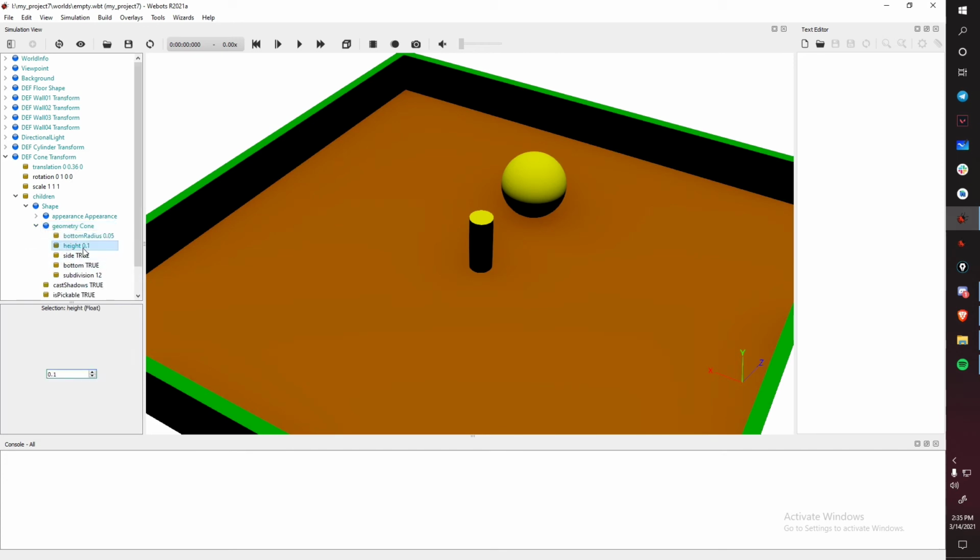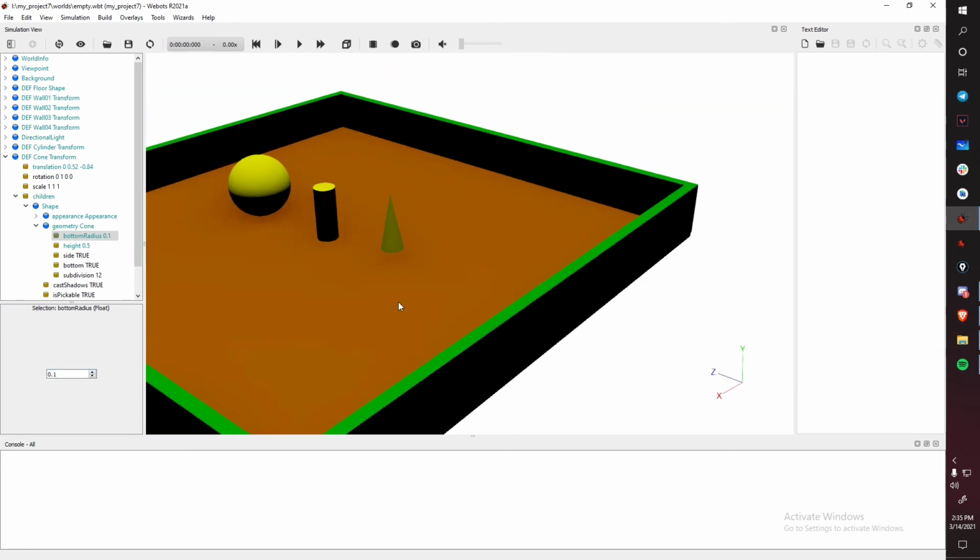We can change the height of it to 0.5, and let's see if we've got a radius. Yeah, radius, let's give it 0.09, and the cone is right over here. We have got our cone over here. So we're just going to place it right over here so that it's touching the base of the floor. So let's increase the radius a little bit more. Let's give it 0.1,